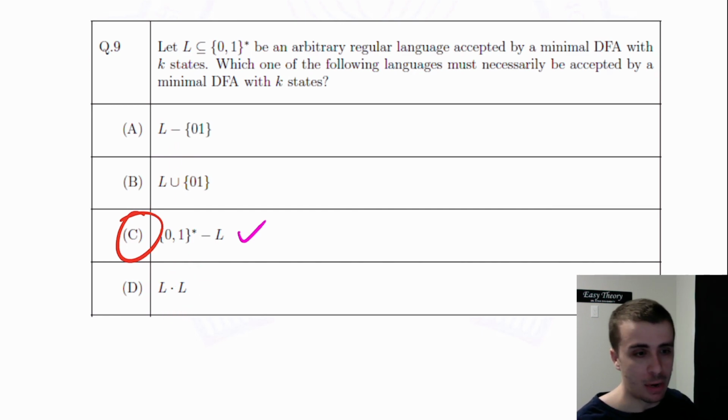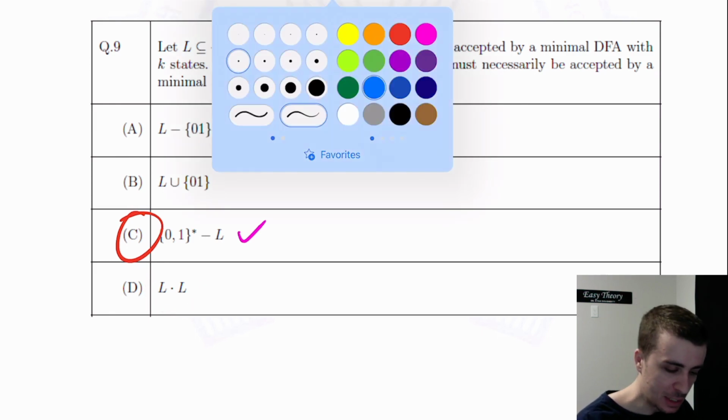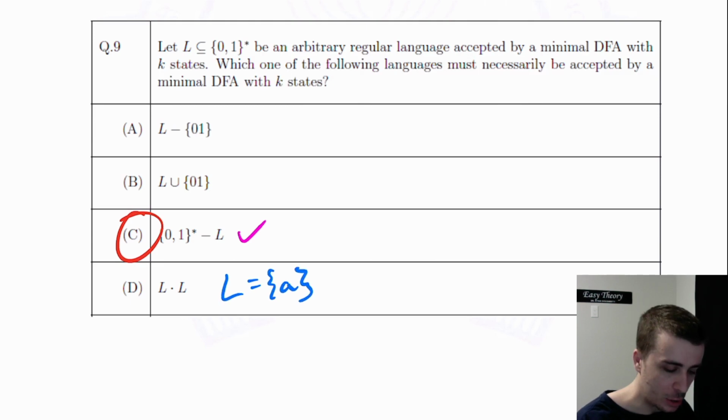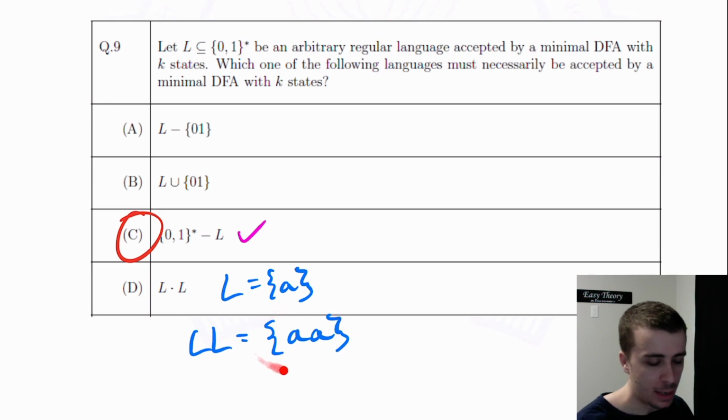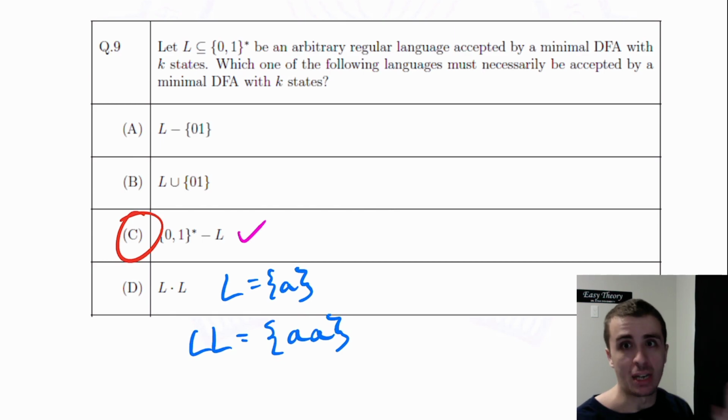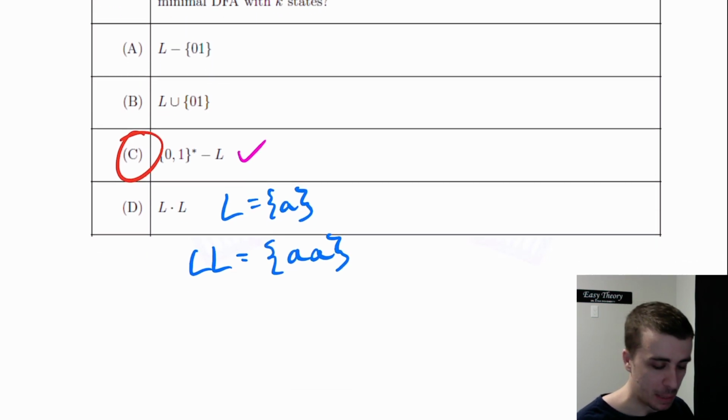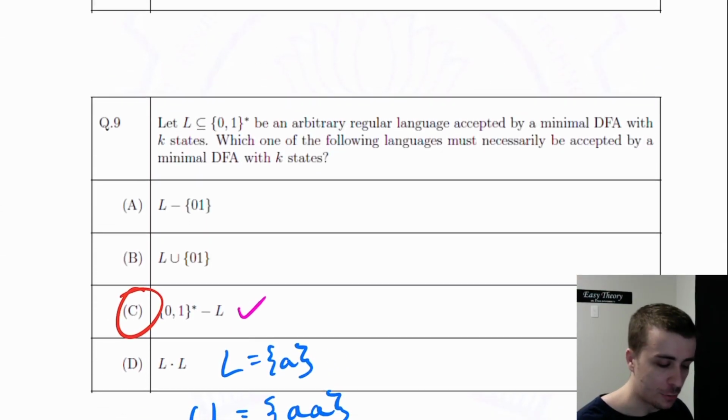And then this one is not right because if you had a single string in L, then to get the one for LL, you need to have twice as many states as you did before. That's pretty easy to see because, for example, if L was just a single character A, then LL, which is what this concatenation is, AA, then you need 2 states for this one, which is fine, but then you need 3 for this one. So maybe not twice as much, but it's roughly twice as much. Maybe minus a little bit, but it's effectively twice as much. So the answer for this question is C.